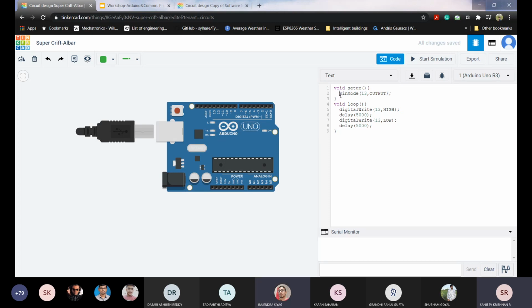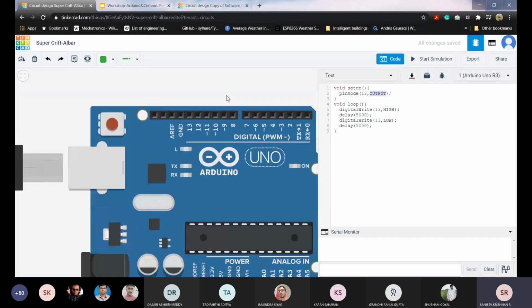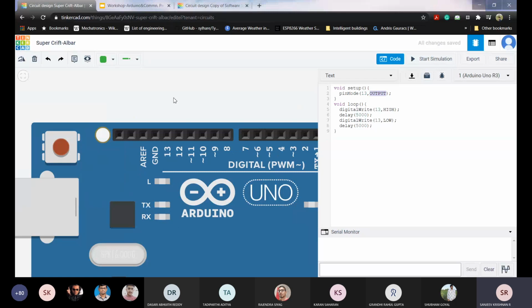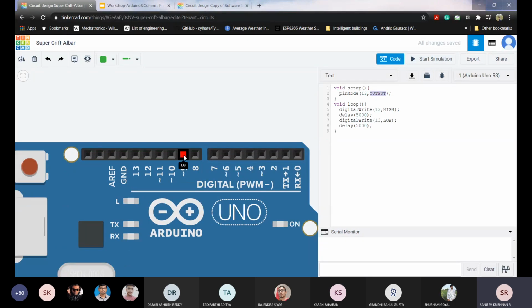Yes, sir. So similarly, we are telling the Arduino which pin we are going to use in our program, and what type of function it is going to handle, either output or input. Because here I told this before also, I'm repeating it. You can just see digital pins here. There is no input or output written here, which means same pin can be used for input also, same pin can be used for output also.